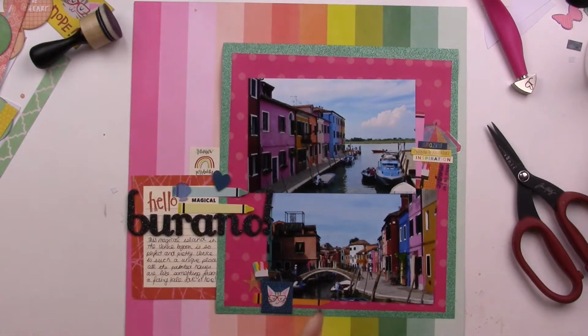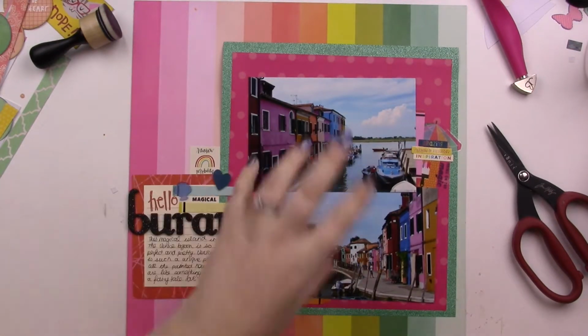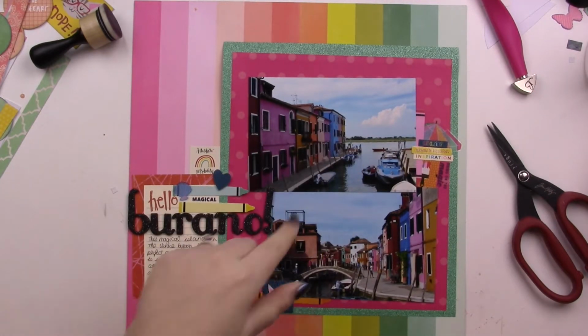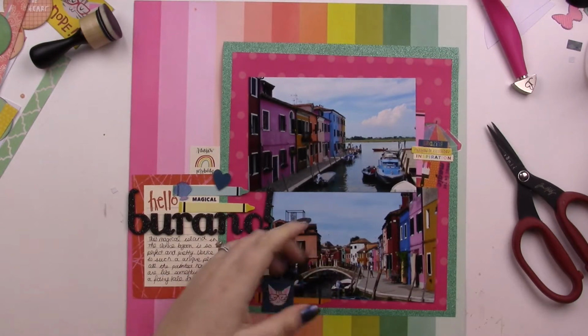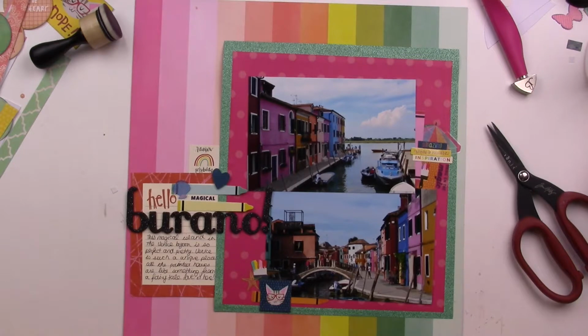because I'm pretty sure this is going away from the island and this is pointing into the island, and they're in the same spot. Like I think I took this picture standing on this bridge and I took this picture standing out here. So anyways,